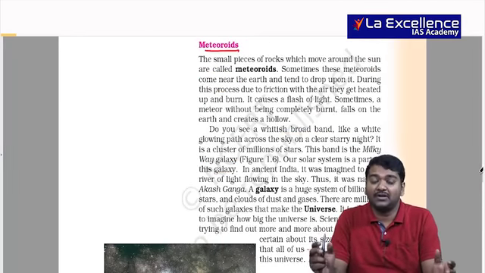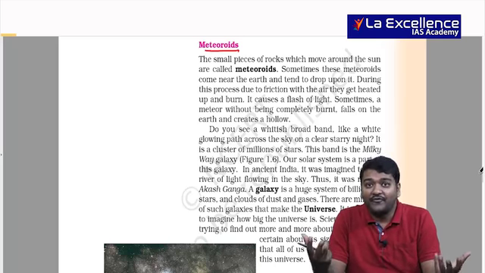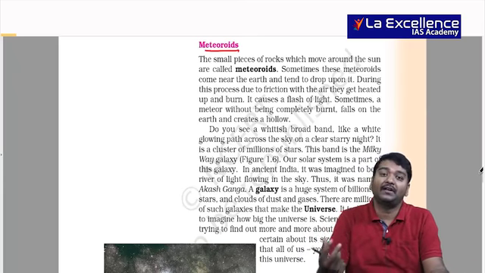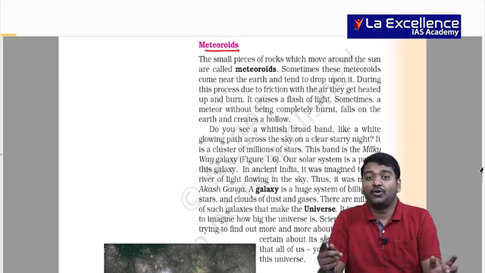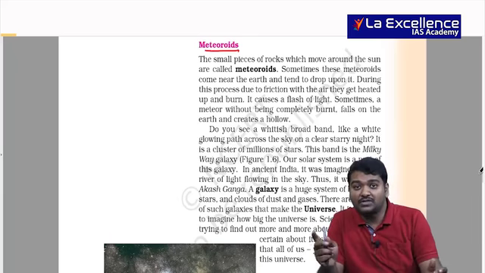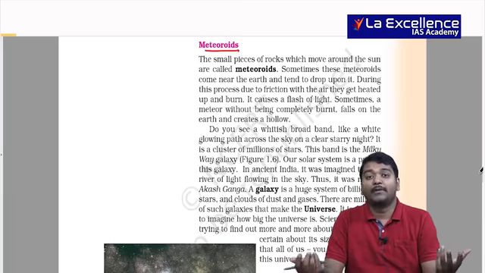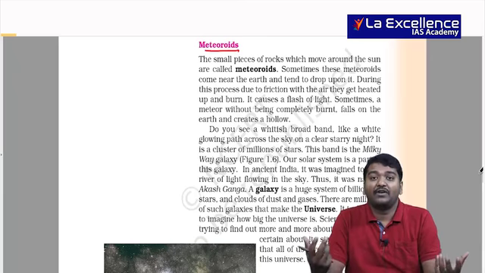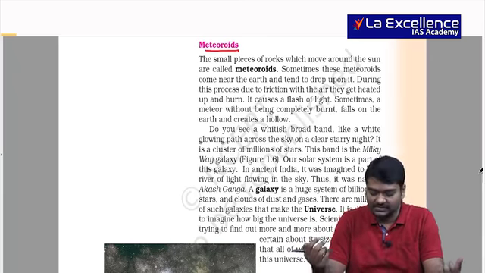And whenever they enter into Earth's atmosphere, when we talk about the mesosphere, because of friction they burst or burn. And sometimes they may still come and hit the Earth's surface. Asteroids, you might have heard that I told you there was a big rock which came and hit the Earth, and because of this the Moon got separated and the Pacific Ocean is also present. So different stories are there, but we should be aware that when we talk about meteoroids or asteroids, these are celestial bodies which are present in our solar system, right?